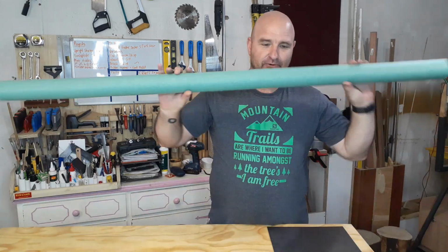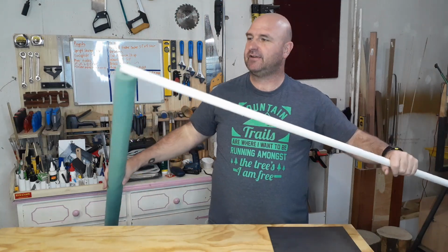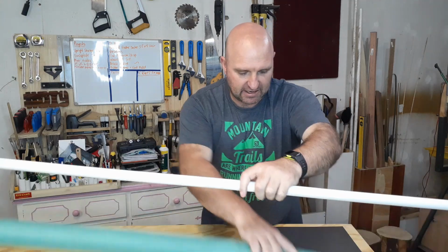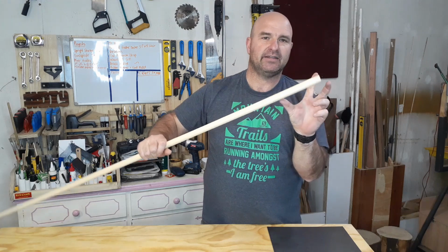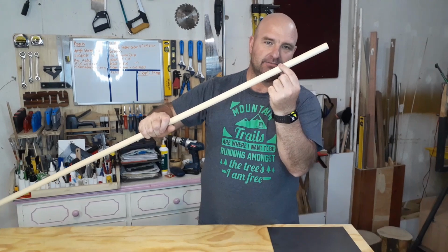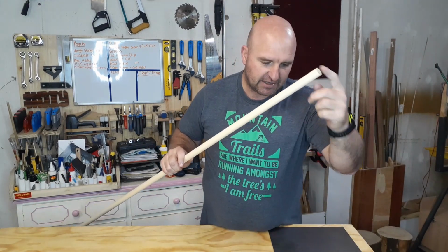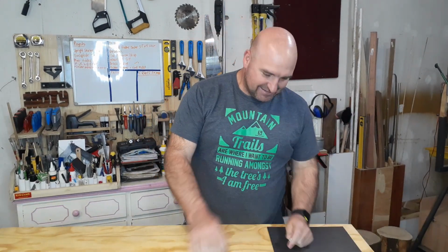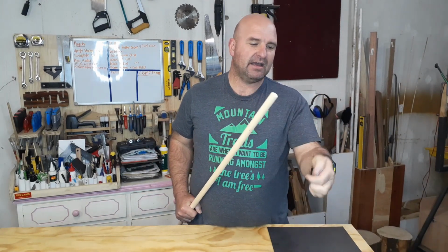So here's the pool noodle. I have a piece of conduit here, electrical conduit, which will fit inside the pool noodle. Slide over it like this. Then I will cut off a little piece of this wooden dowel, short piece like this. Okay, so the conduit will slide onto the wooden dowel, and then I will drill a hole in the bottom of the dowel, and I will screw